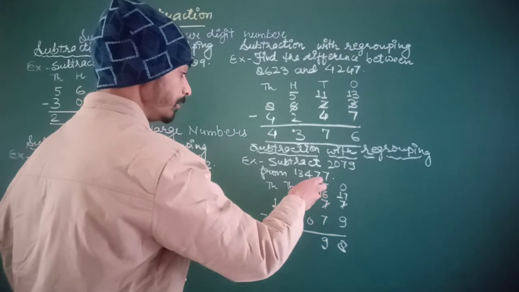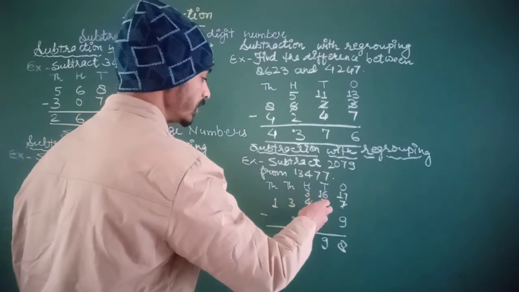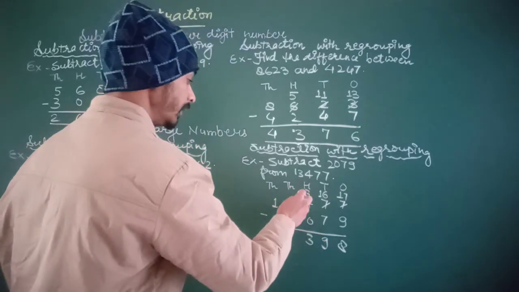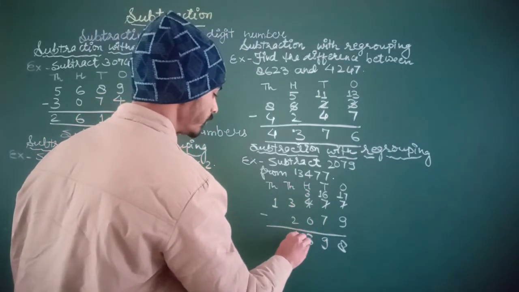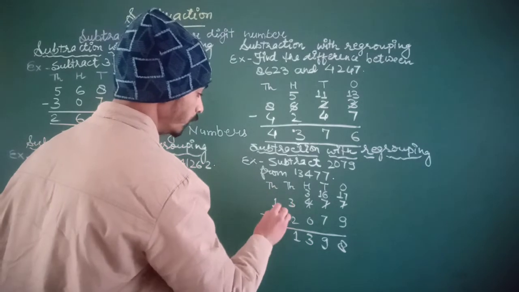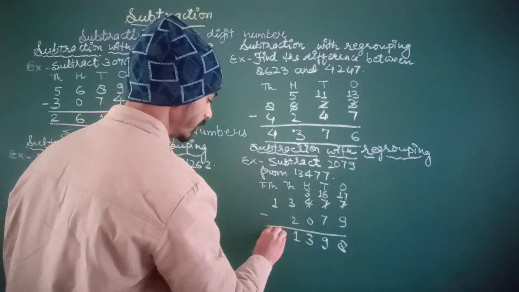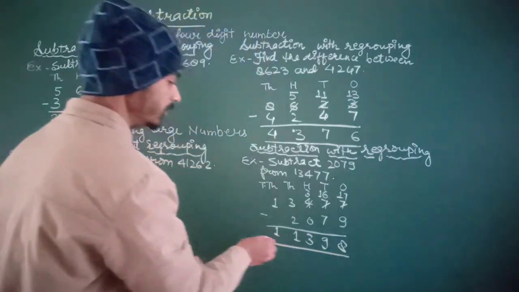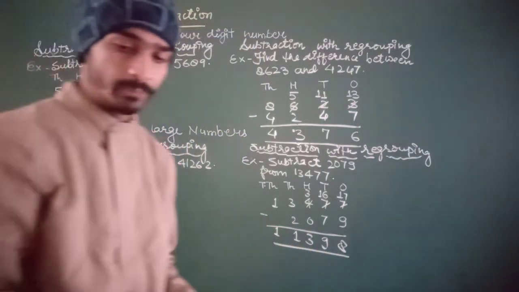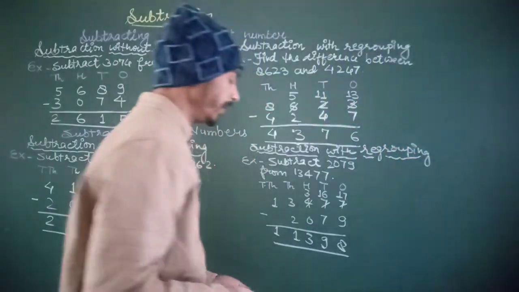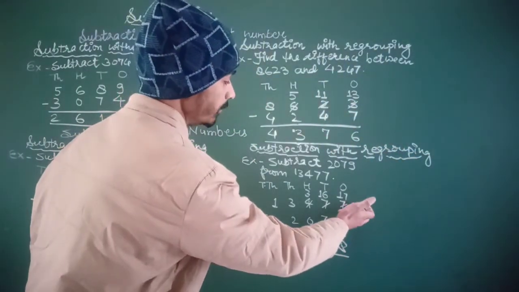Okay, and now subtract the 100s place. 300 minus 000, that is 300. And now 3000 minus 2000, that is 1000, and 10,000 minus 10,000, that is 0. So the answer is 11,398. So the answer is 11,398. Now the next question is, firstly we have to learn how we have 9 ones cannot be subtracted from